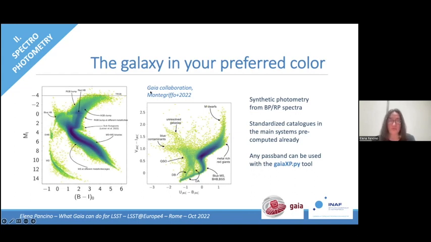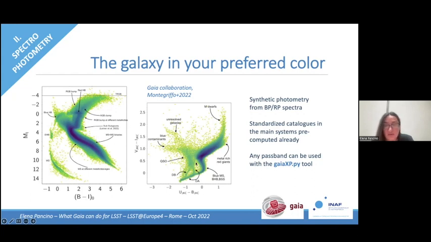In these plots here, to give you a feeling for the quality of this synthetic photometry, I'm showing you the pre-computed Johnson-Kron-Cousins magnitudes and colors. And you see here a color magnitude diagram of the best sources and a color-color diagram. You see the amount of details, substructures in all sequences, the binary sequence here, the RGB bump, the horizontal branch, and all the like.